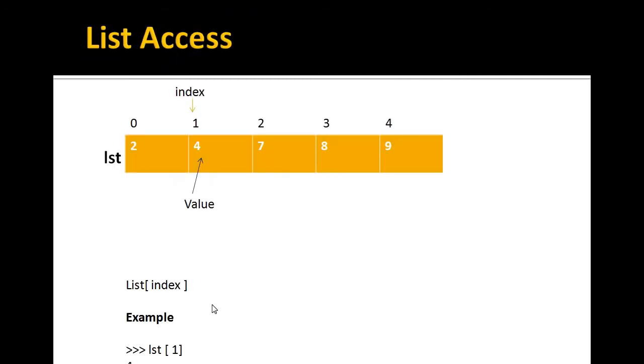Now after knowing how to create list, you should also know how to access the list elements. For example, you want to change any of the value of the list. So for that purpose you will have to access that element, or you just want to print any of the value. Suppose you have a list of marks of some students and you want to print the third student marks.